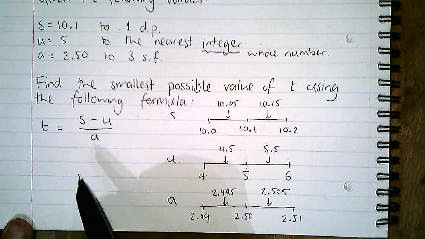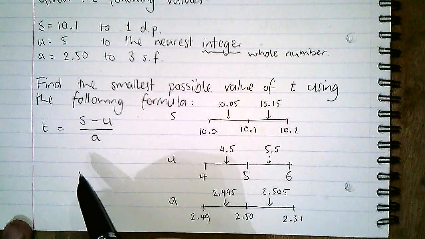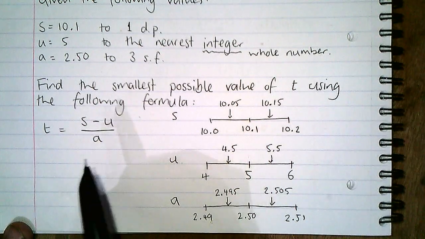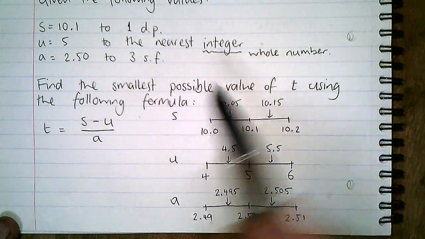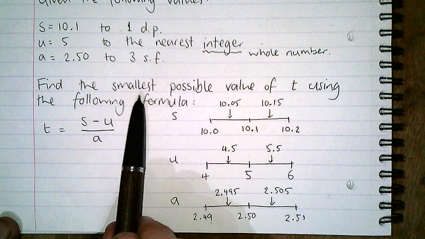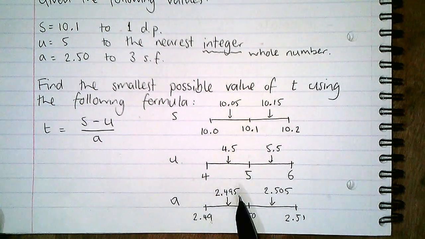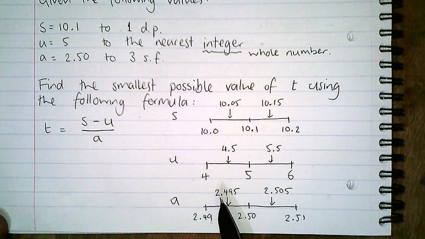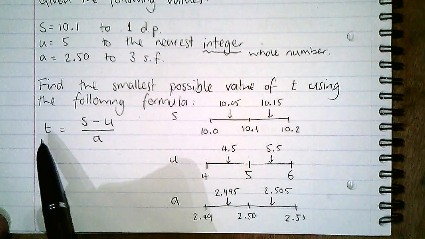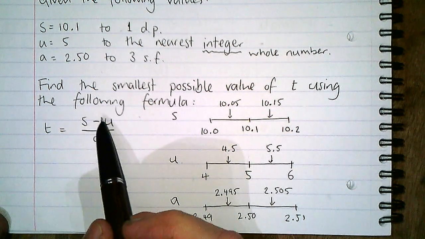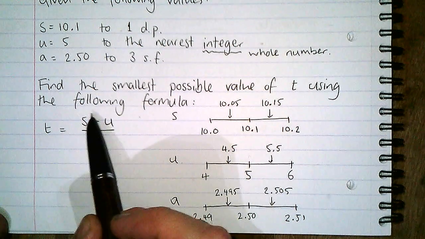Now, you'll remember back to the last question, we wanted to find the lower bound for the garden's area, so we used the two smallest values. Here, the common mistake that people make is that they go, right, I want to find the smallest possible value, so I'll just use the three smallest values, and that'll surely give me the smallest. But unfortunately, it won't. If we're trying to minimize t, make it as small as possible, what we want to be doing is getting a really small number on the top and then dividing it by